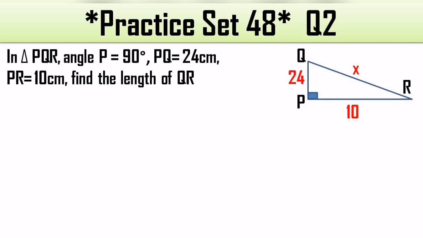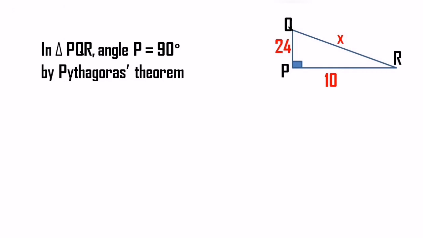Whenever the term hypotenuse or right angle triangle is used, the first name that must pop up in your mind should be Pythagoras theorem. Isn't it right? So here we go with the Pythagoras theorem. We begin the formula by writing the hypotenuse first. Over here QR is the hypotenuse, so I write QR square, that is hypotenuse square, equal to the sum of squares of the remaining two sides, QP square and PR square. So PR square plus QP square is the remaining part of the formula.